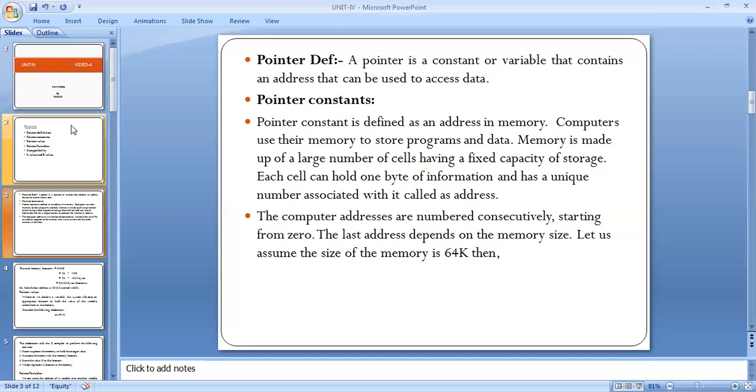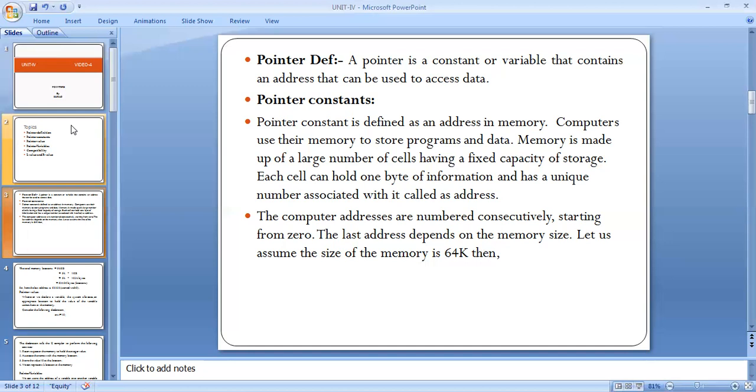The computer addresses are numbered consecutively starting from 0. The last address depends on the memory size. Let us assume the size of memory is 64 KB. The addresses are numbered consecutively and can't be changed, and every memory element is stored starting with 0.